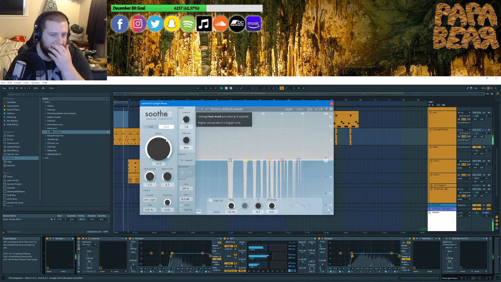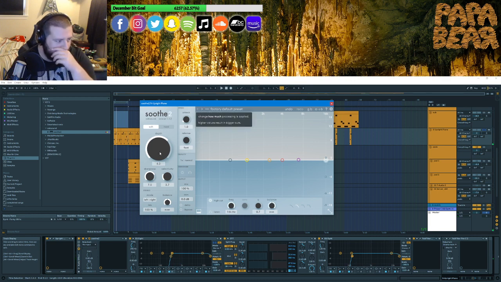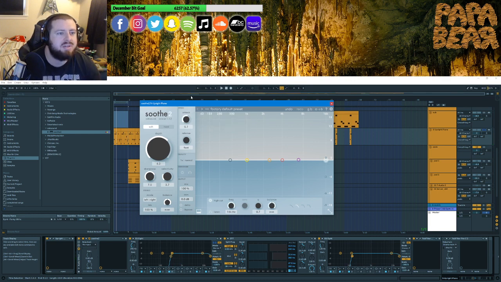That's interesting though, the more I add, the more it kind of... maybe if we raise the attack up, in that way the transients, the hits of the piano, won't be as touched.